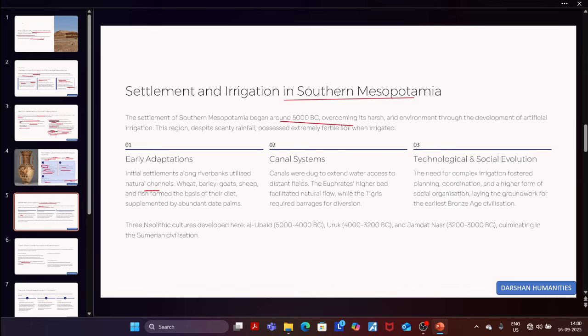The Euphrates' higher bed facilitated a natural stream flow towards the Tigris, which could be channeled. The Tigris, however, required barrages for water diversion. This extensive network of canals and barrages eventually allowed the region to realize its full potential, becoming the heartland of the early Bronze civilization. Three key Neolithic cultures developed in southern Mesopotamia,